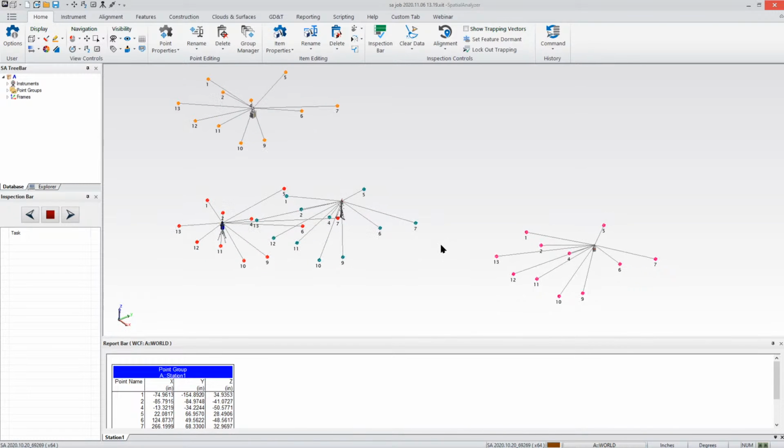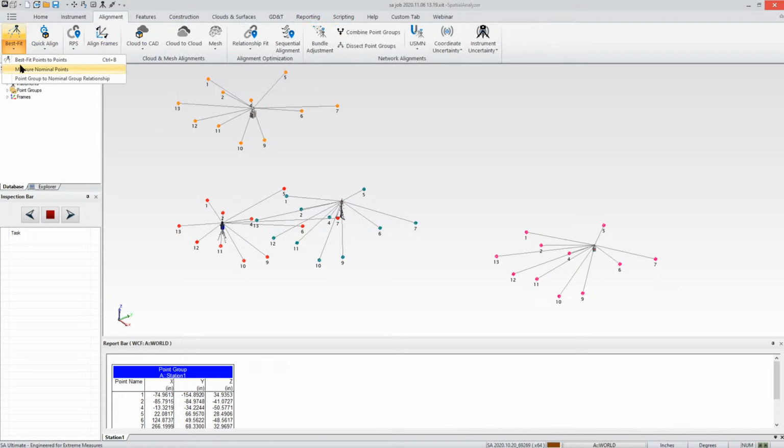Now, most of the time, what people do when they set up in a new station is they'll shoot those control points and they'll perform their alignment using a best fit. And best fit is a fantastic and really fast way of performing an alignment. But one of the strengths of USMN, which is available in SA Ultimate, is that the USMN,